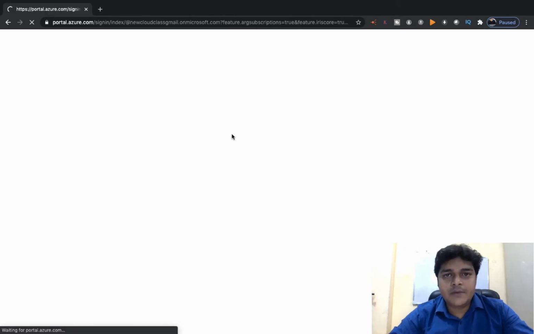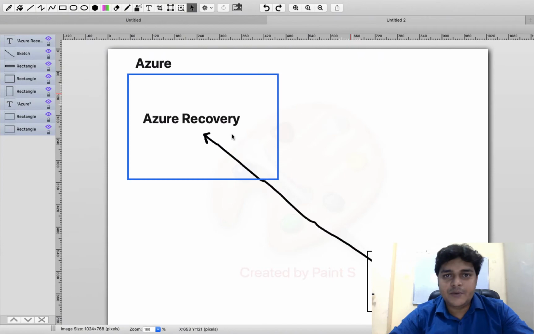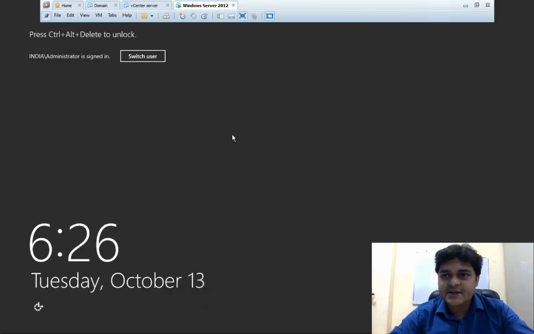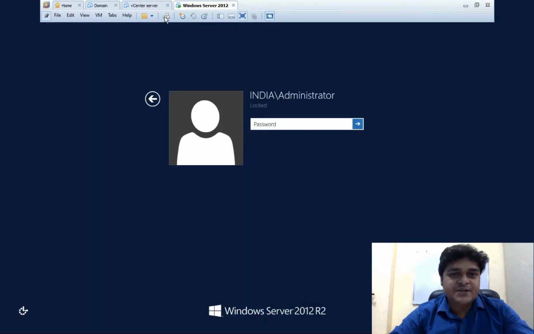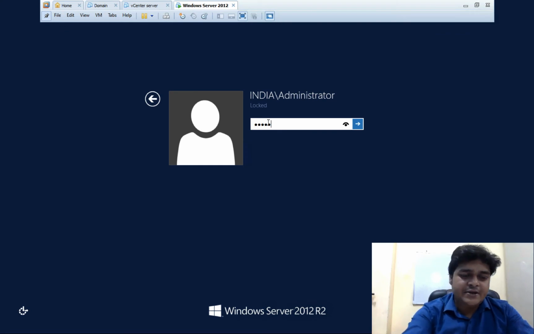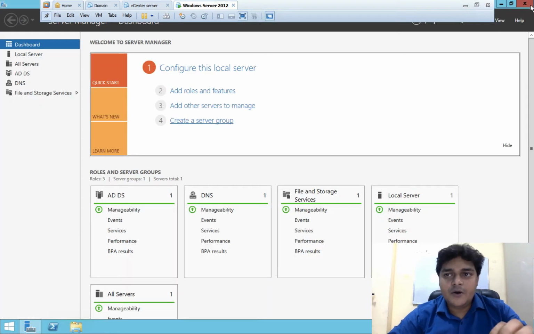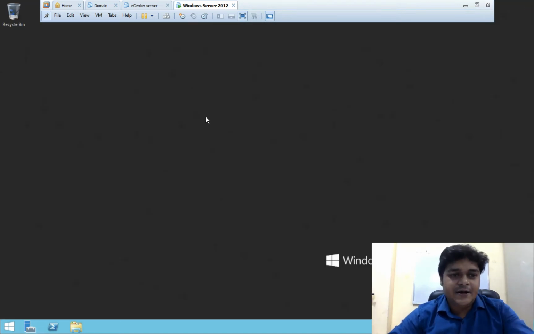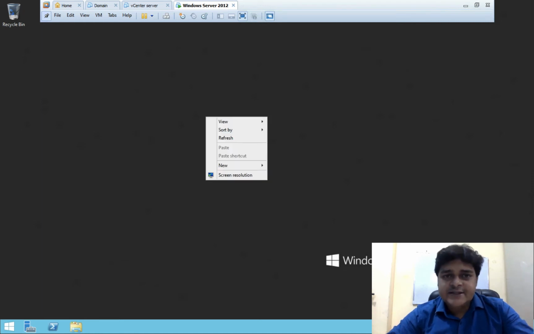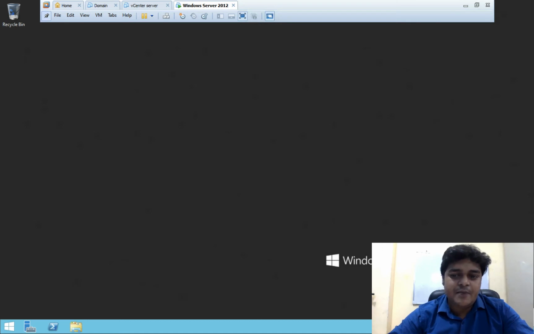We successfully logged in to our Microsoft Azure portal, and meanwhile I'm going to show you my on-premises machine. It's a Windows machine that I installed on my base machine in VMware Workstation. I'm going to create some files and folders on the on-premises machine, and we'll try to take the backup of our on-premises data, the on-premises files and folders. This is our agenda, because as per the work of MARS, we need to take the backup of our on-premises file and folder.